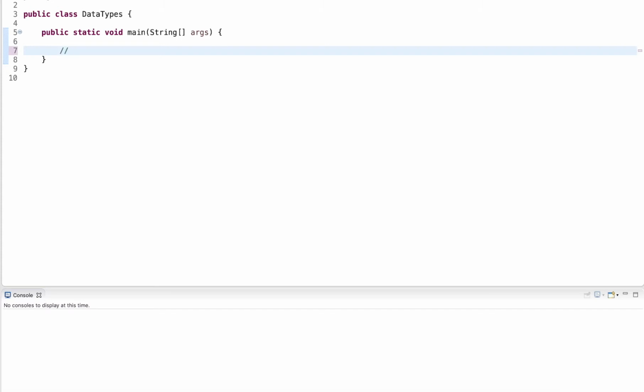Whenever we create a new variable, we have to specify the data type and an identifier, and then the semicolon to mark the end of the declaration statement. Now optionally, we can also assign a value to it. That means whenever we create a new variable, we have to specify the data type, basically to specify what values that variable can store.